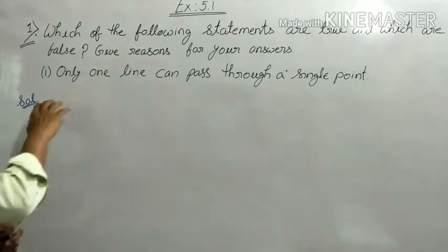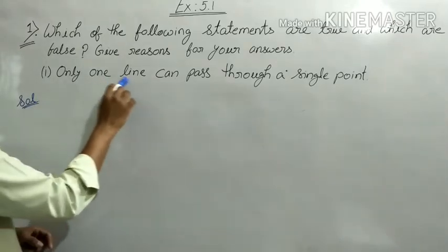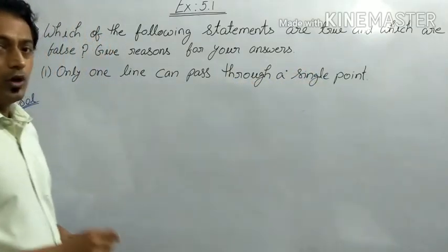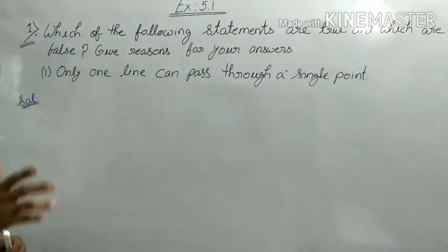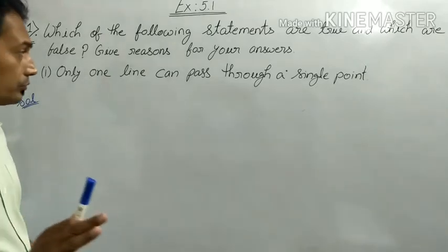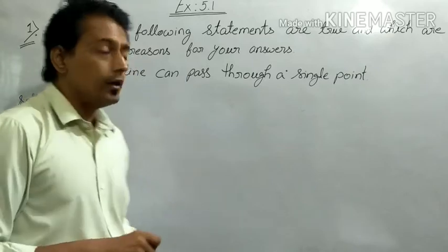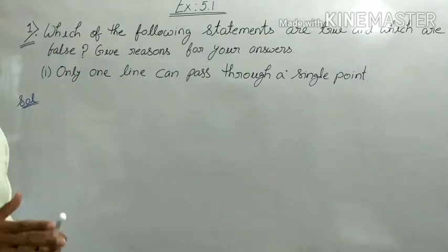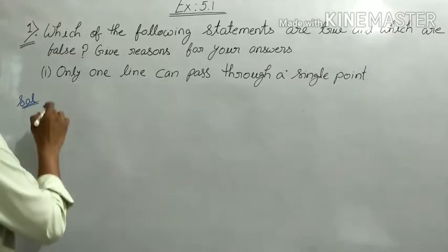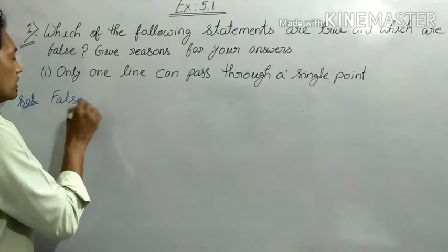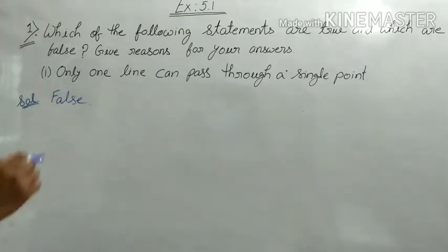Okay, so the first statement, student, is only one line can pass through a single point. So if there is a single point, let's assume O, then there is only one line which can pass through that single point. Okay, so is this statement right or wrong, true or false? So student, this statement is actually false. Okay, why? Because